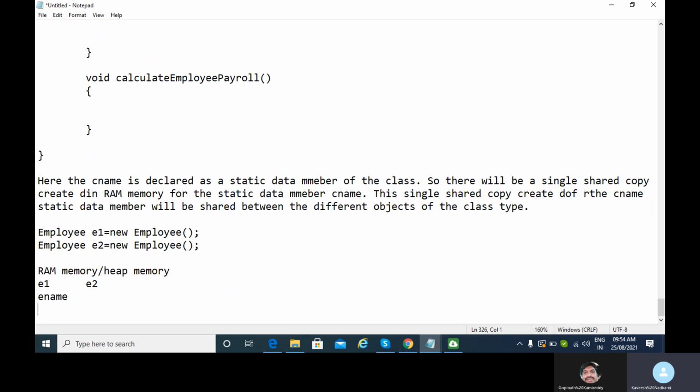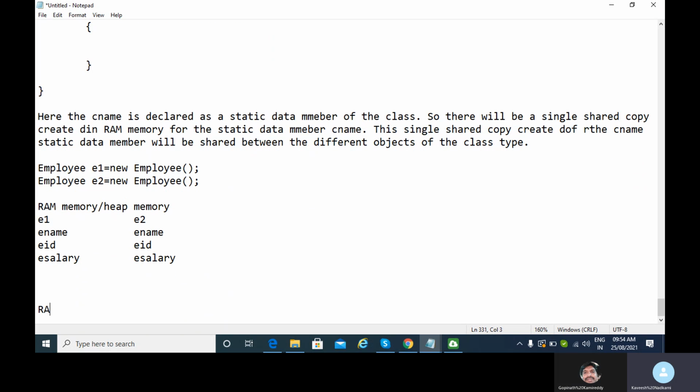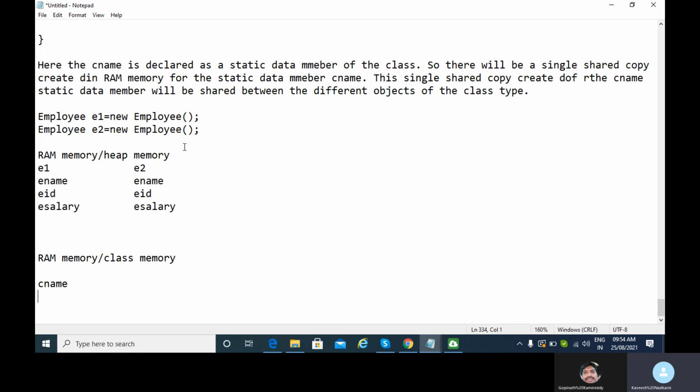E1 will have its own unique copy for ename, EID, and eSalary, Gopinath. And E2 will have its own unique copy for ename, EID, and eSalary. Clear? Yeah, clear. But because CNAME is a static data member, suppose this is the class memory section of my RAM memory. So here there will be the CNAME static data member, which is shared between E1 and E2. Clear, Gopinath? Yeah, clear.